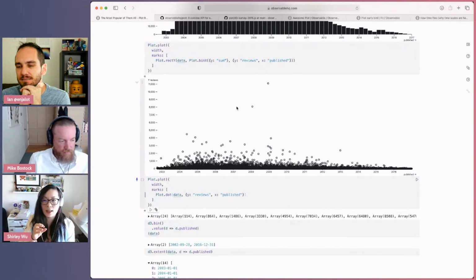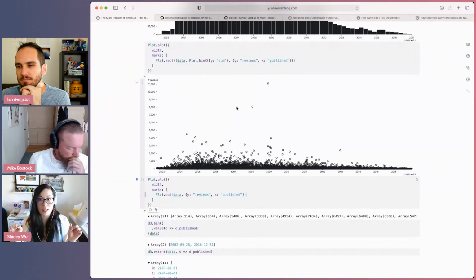But one of the things I would now feel empowered to do, now that we have Plot, is see the intersection of reviews, published and updated, because updated is basically how long a story took to complete. So I think it'd be cool to see something along the lines of, is there a story